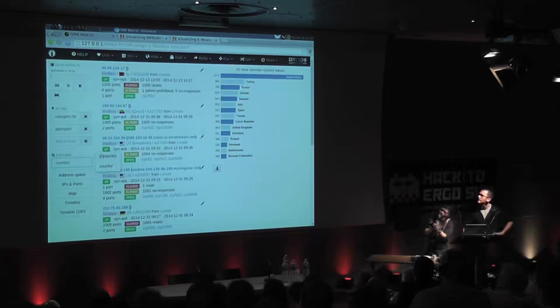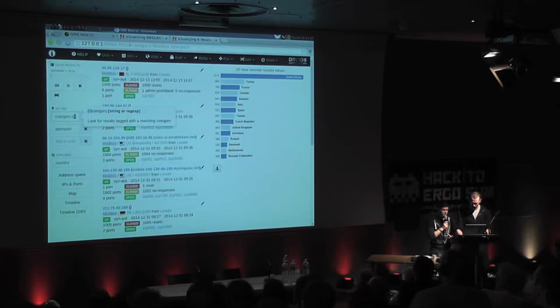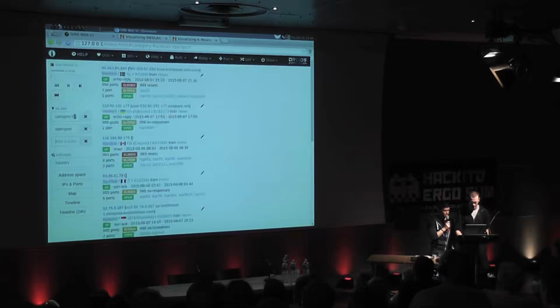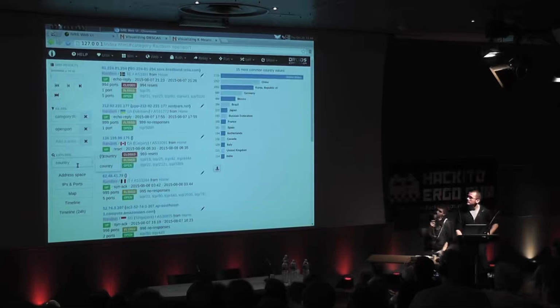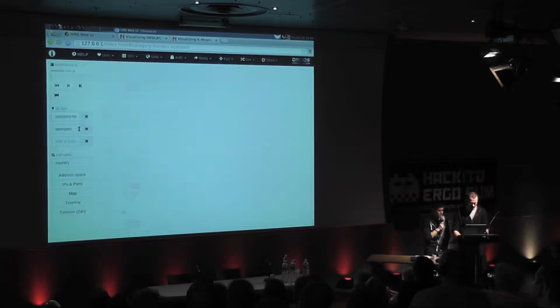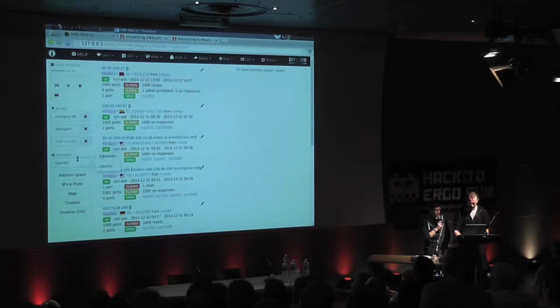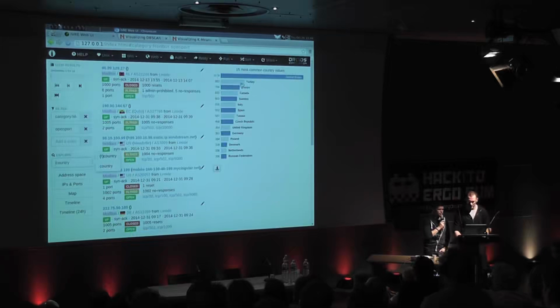And as usual, the United States is at the top, but Turkey is in second place, which is very unusual. If we did a random scan on the internet, the curve usually looks like this: United States, then China, then Korea, then Germany, etc. So back to our Modbus scan, if we focus on Turkey,